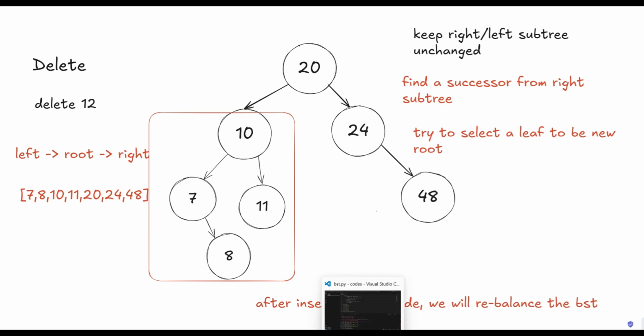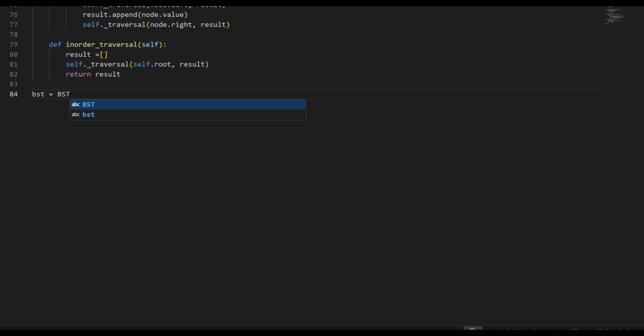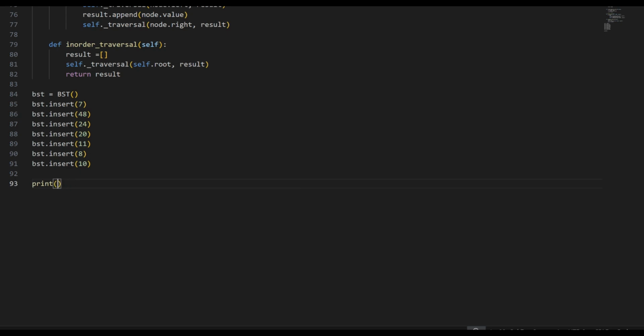Okay, so let's get back to the code. We'll first create a BST class, and then we will insert each one of them. The order doesn't really matter because it is a BST. It will organize by itself. No matter which one you insert first, at last it will become a valid BST. So we can just insert in any order, like 48, 24, 20, 11, 8. So in that case, we have everything we want, and we just put in order traversal,